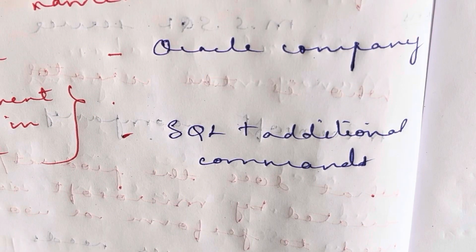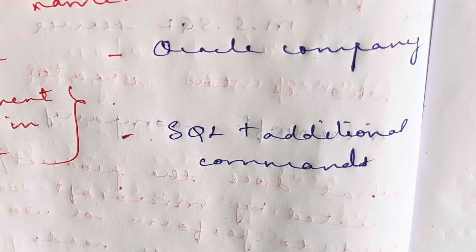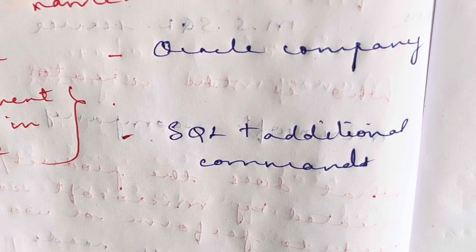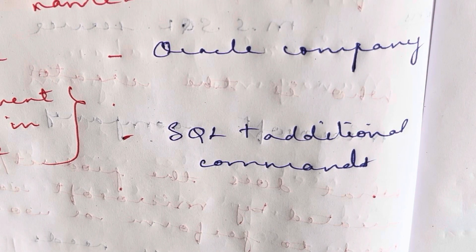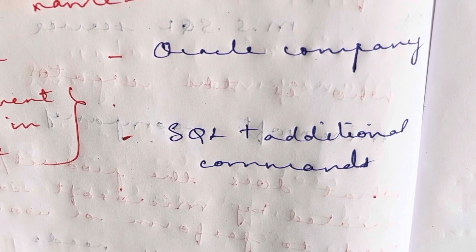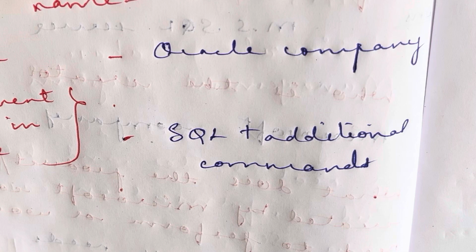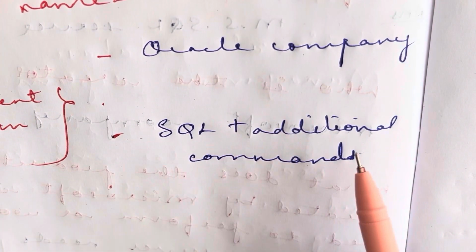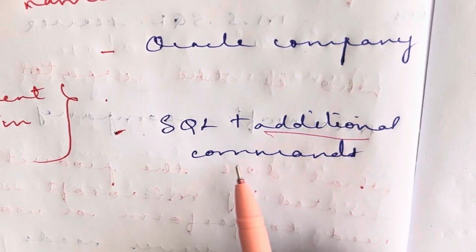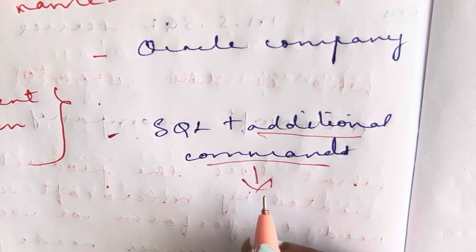Previously in MS SQL Server, we needed SQL plus additional commands. There the additional commands were TSQL. So we needed SQL plus TSQL to work on MS SQL Server. And what about Oracle? We need the same SQL plus additional commands. But here the additional commands is